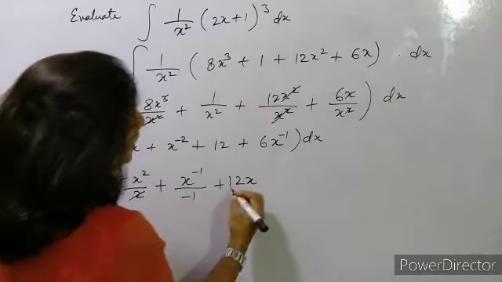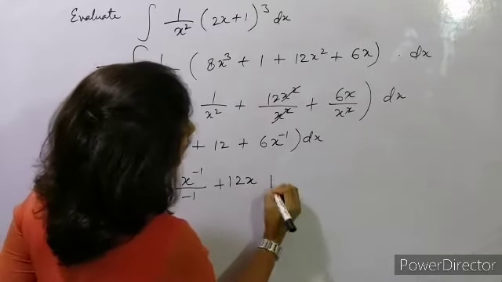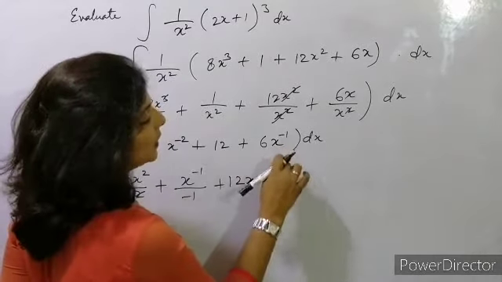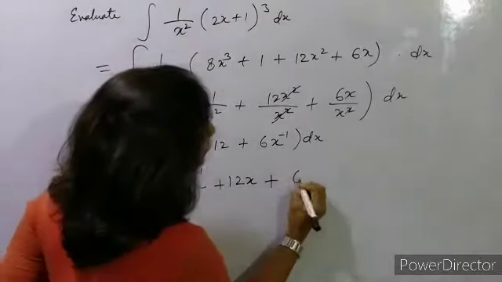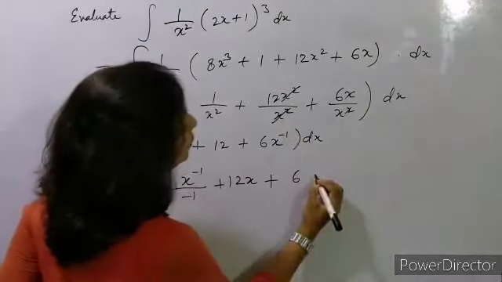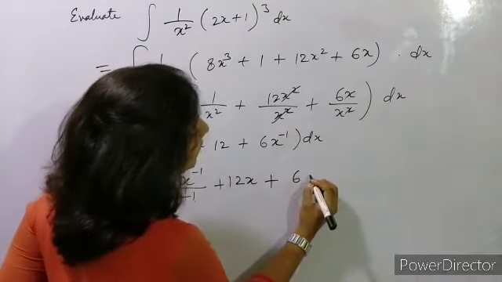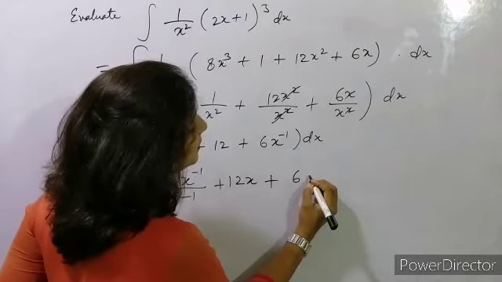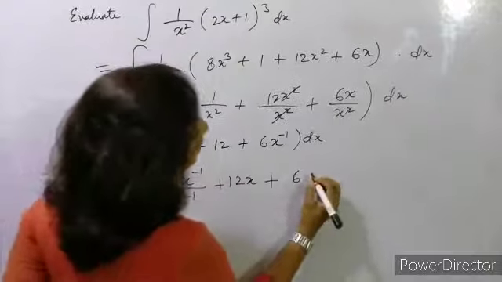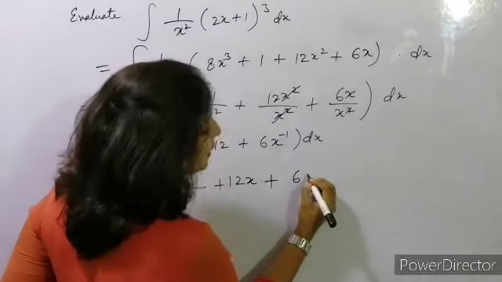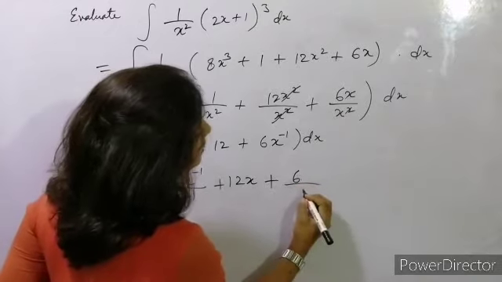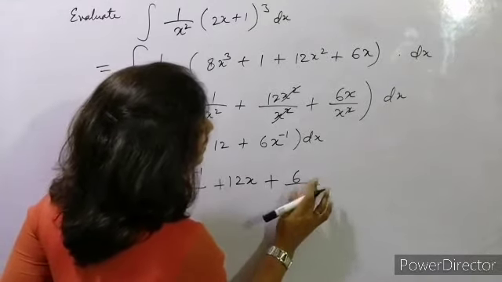Okay, and divided by 1. Okay, now x का पावर is minus 1, so minus 1 and plus 1, what will the value be, 6 into x का पावर is minus 1 and we'll add 1, तो क्या होगा, x का पावर 0, so x का पावर 0 मतलब it will be 1. Okay, x का पावर 0 मतलब 1, we'll just multiply this by 1 and divided by minus, okay,